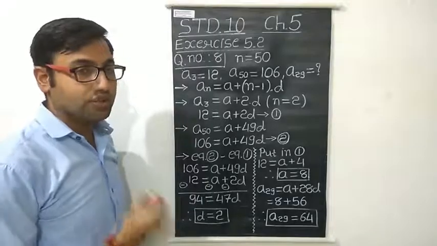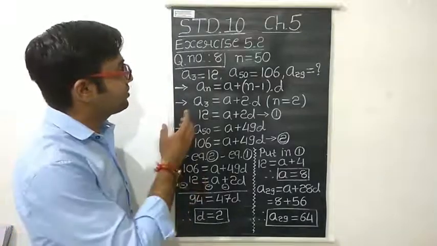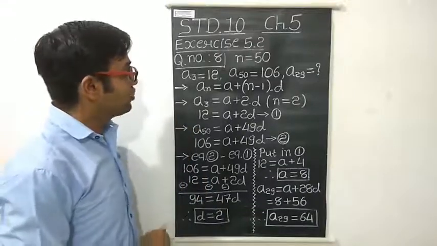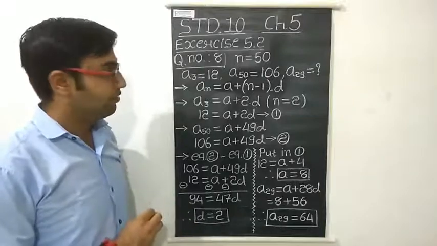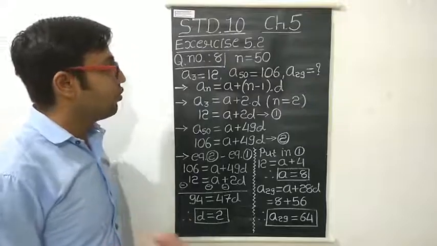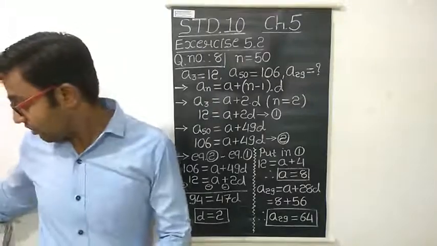Hello students, today we will study some of the exercise sums of standard 10, chapter number 5, arithmetic progression. In the previous lecture we studied how to find the nth term. So based on that formula, let us study some more questions. What is question number 8? Question number 8 is